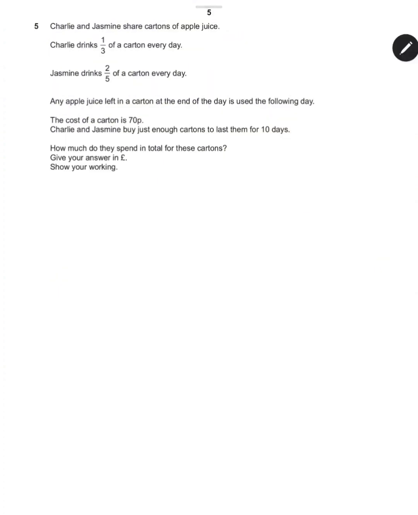And we've got an absolute madness fraction question, but we're going to do it anyway. Someone's writing these things for us. Charlie drinks a third of a carton every day, and Jasmine drinks 2/5 of a carton every day. Any apple juice left over is used the following day, okay? And they do that for 10 days. I think what I'm going to do first is figure out how much juice they need for 10 days,